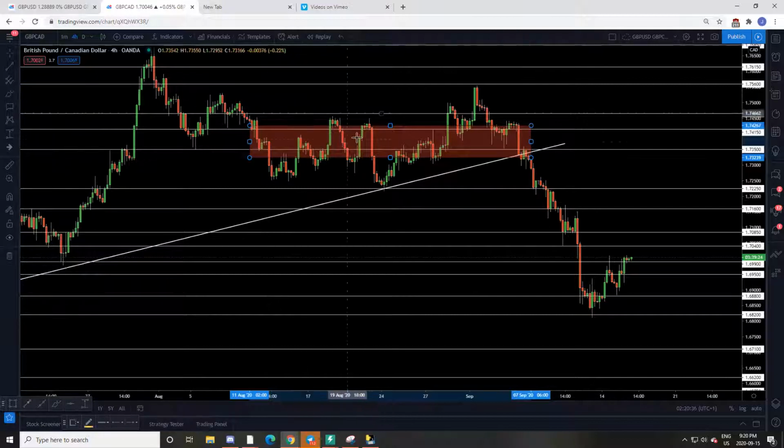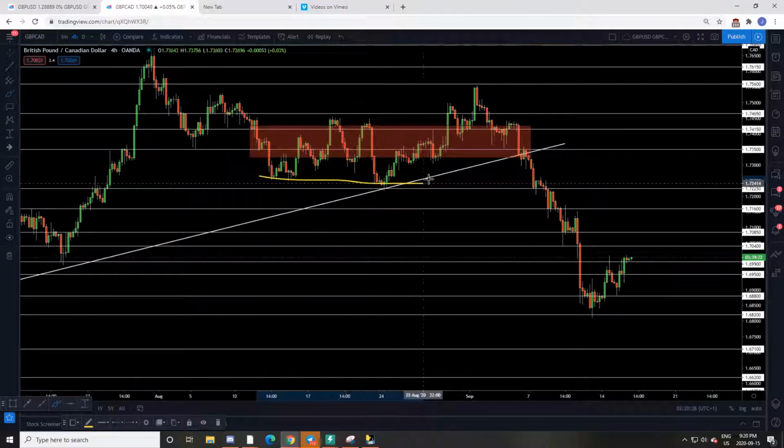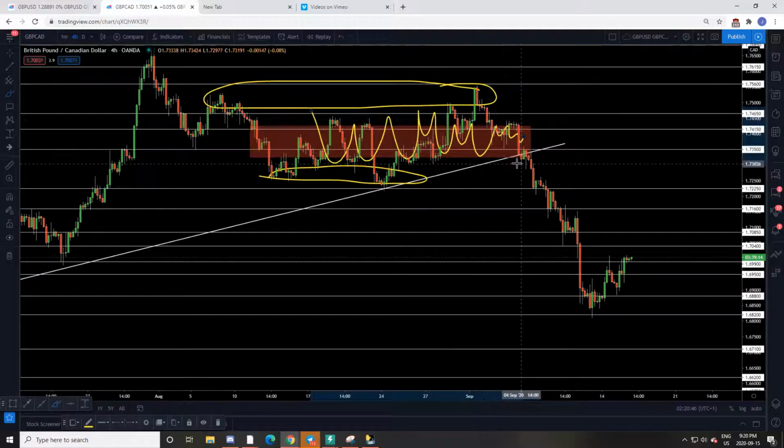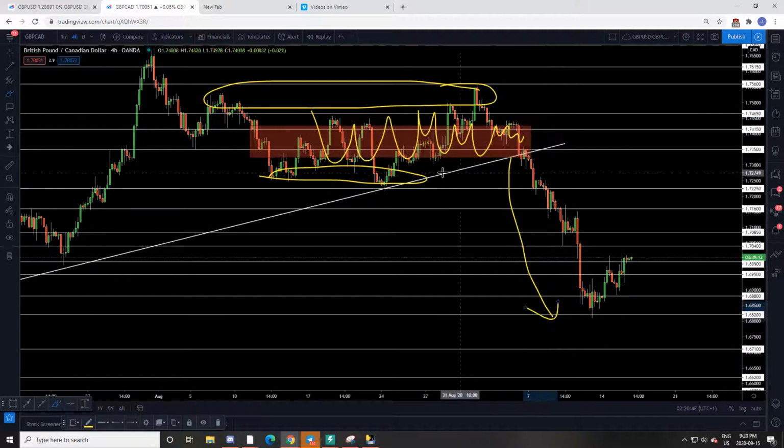where price was in a bit of an indecision, where sellers were failing to break previous lows and buyers were failing to test and break previous highs. So you had this liquidity being generated that ended up being sell side liquidity and breaking bullish market structure due to CAD still holding strength from oil bulls and that positive Bank of Canada hawkish sentiment last week, as well as that negative Brexit pressure on GBP, creating that one-sided volatility.